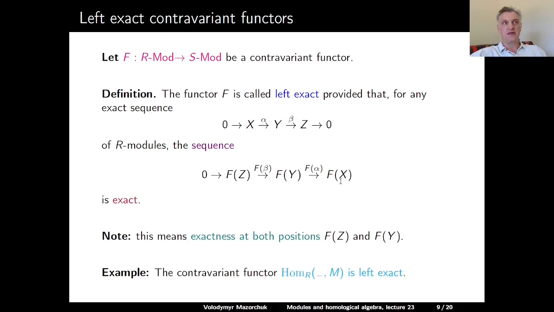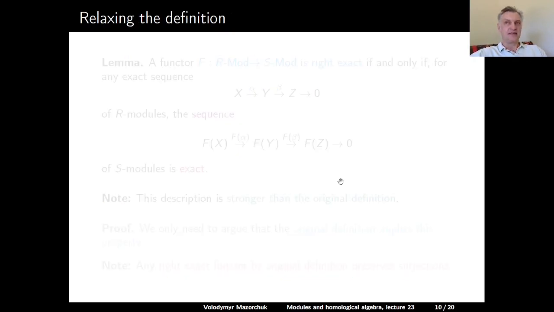Previously, we have shown that taking homs from any R module M is always a left exact covariant functor, and similarly one shows that taking homs into any R module M is always a left exact contravariant functor. And from previous lectures, we know that this functor is exact if and only if M is injective. Now let us